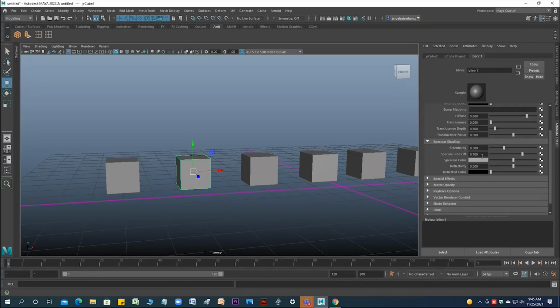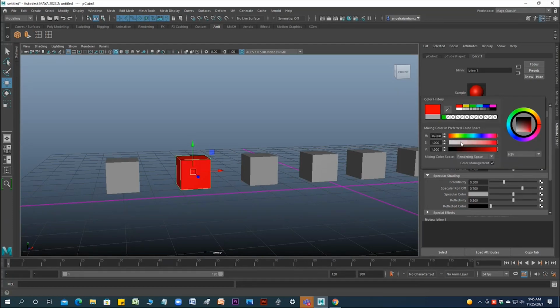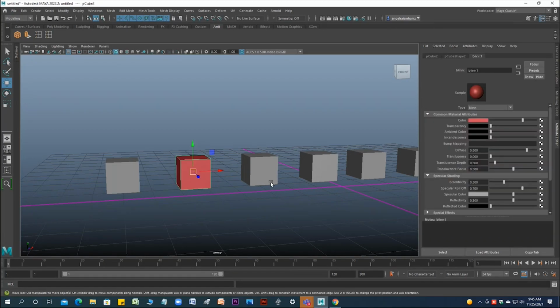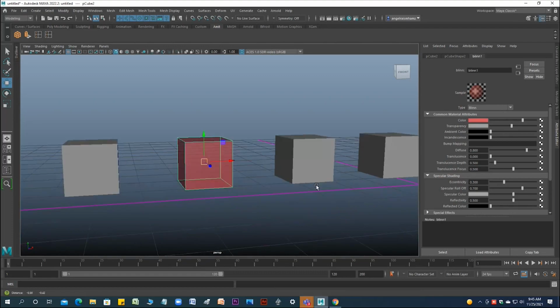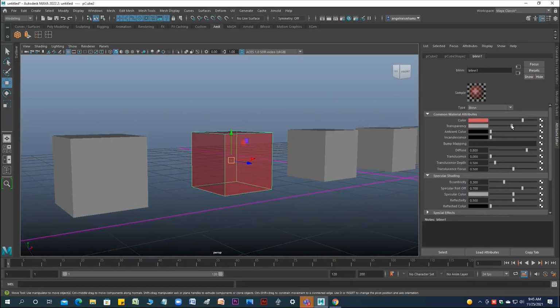Now you can manipulate these properties over here. You can go for color, for example red, or saturation, light and dark, whatever you want, you can fix from here. From here you can change the color, just like Photoshop, which you have probably experienced. Transparency is also there. If you increase or decrease it, it is going to be transparent. If I increase this transparency, you can see through it.